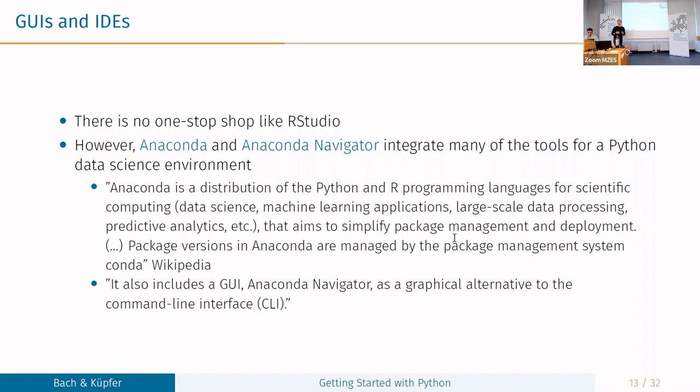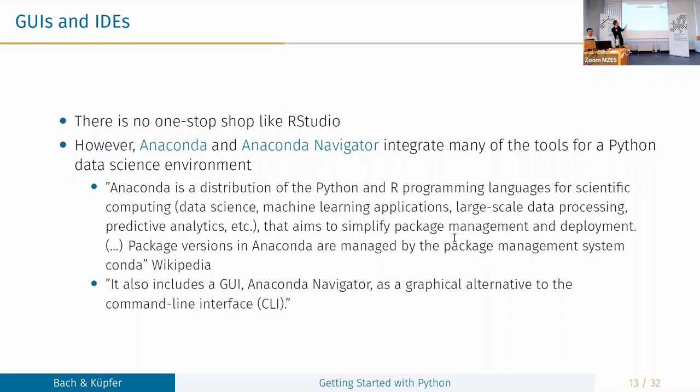If we install this Anaconda stuff that I mentioned earlier, remember it's an integrated data science environment that we can use. And I said it installs this Anaconda Navigator graphical user interface. That is a platform that allows us to manage our virtual environments and to install some of the IDEs. An IDE could be something like RStudio, and it helps us to work with those.